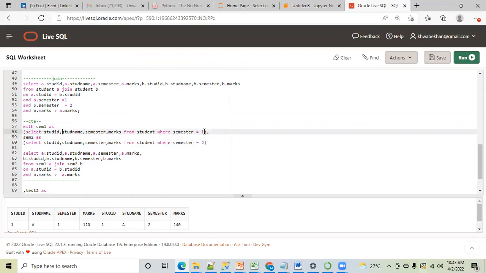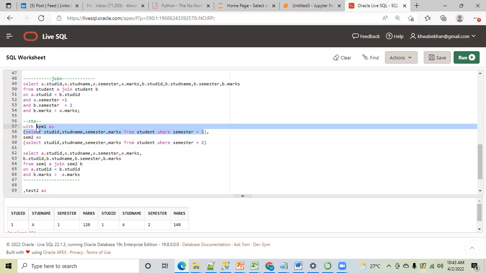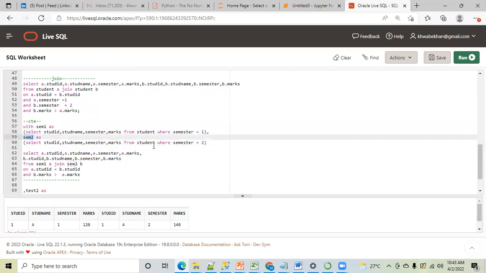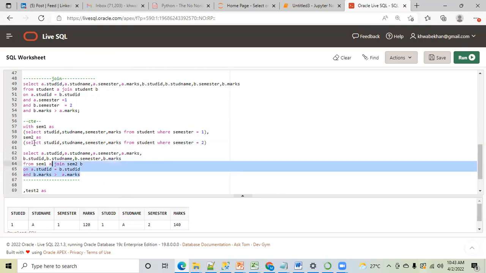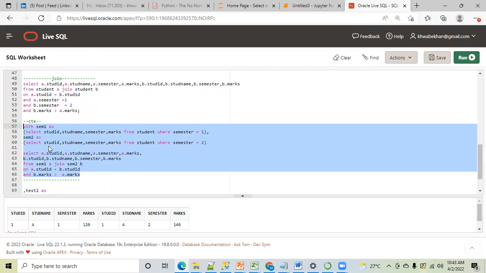From this you will easily understand that in one temporary table we have the records of semester 1, and in the second temporary table we have the data of semester 2. So it is like we have segregated the data of both the semesters, correct? And then you are telling that the data of the second semester should be greater than the first. So the same question we have done using CTE and using join. Please go through this. They both have their own significance.